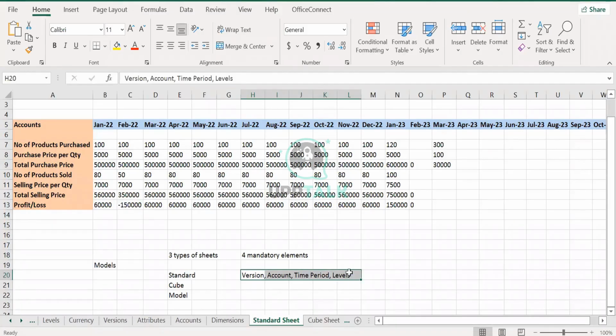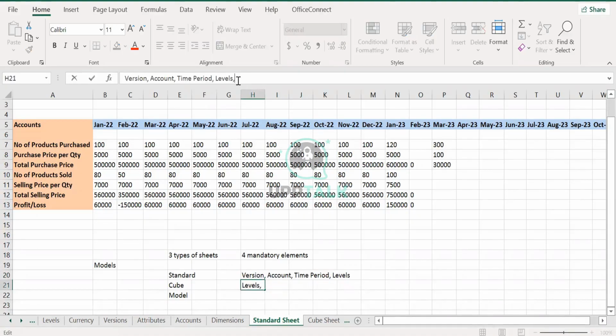And without any of these, like if you have only 3 and you skip one, you cannot do anything. Basically, this means that in a standard sheet you need these 4 elements. It is mandatory. If a model has only these 4 elements, then it is a standard sheet. Now what is the difference that happens in a cube sheet?